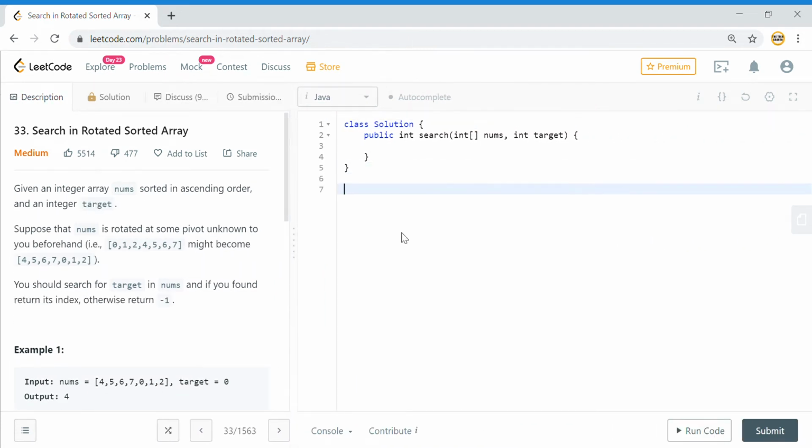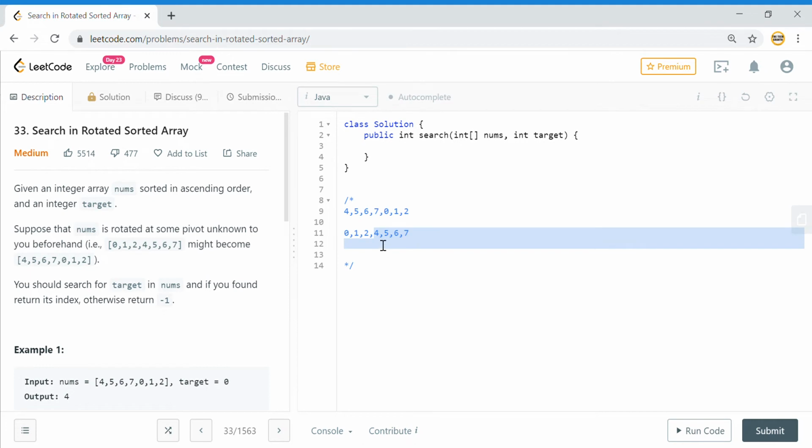If we see, this array was basically a sorted array, and it initially used to look something like this, and then it was pivoted across 0, and all these elements from 4 to 7 were moved in front, and this element was moved towards the end. So it was made to something like this.